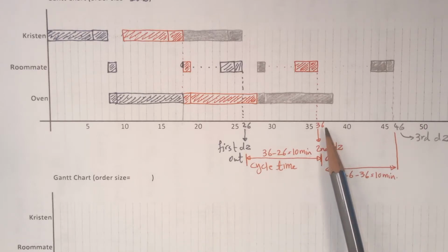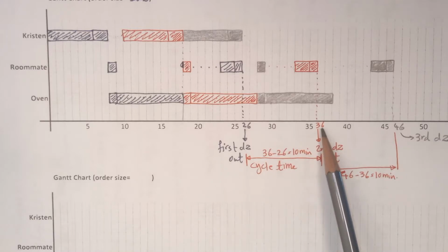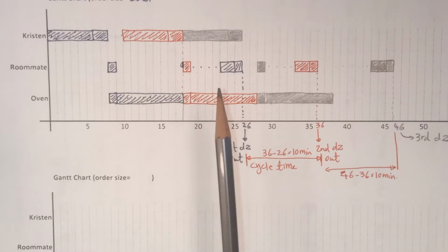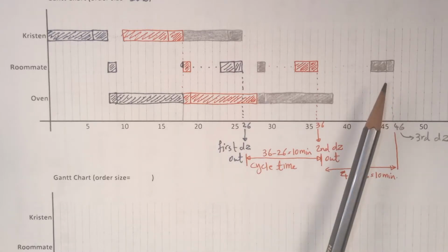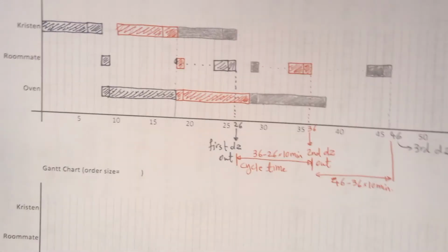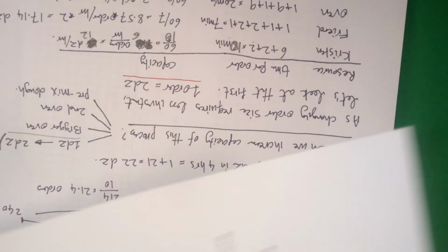The time interval of 10 minutes is not a coincidence. It's the time at the bottleneck as well. That 10 minutes is dictated by the bottleneck, and that 10 minutes we are going to call cycle time, or takt time, or kachang time. For the sake of keeping this video short, I'm not going to follow the third order, but if you do, you are going to see that the third order comes out at minute 46, and every 10 minutes the process repeats itself. With that in mind,